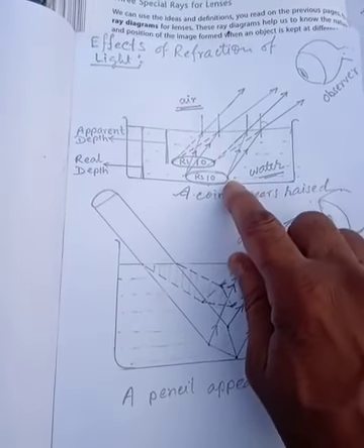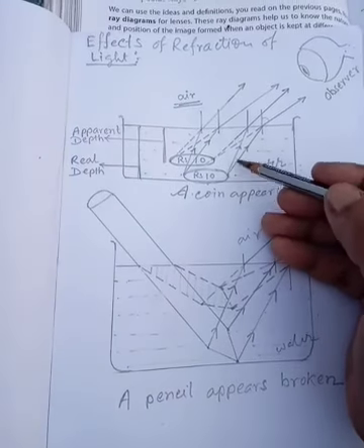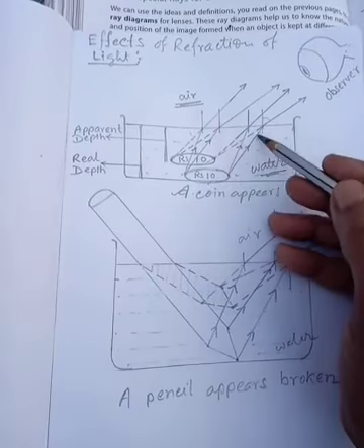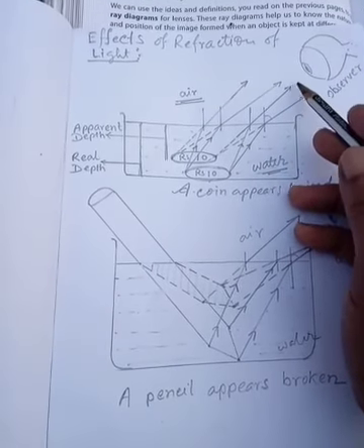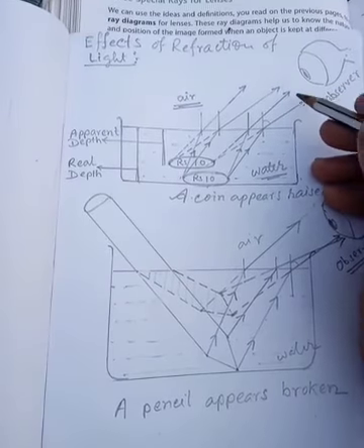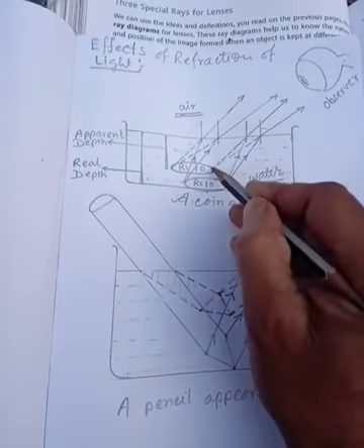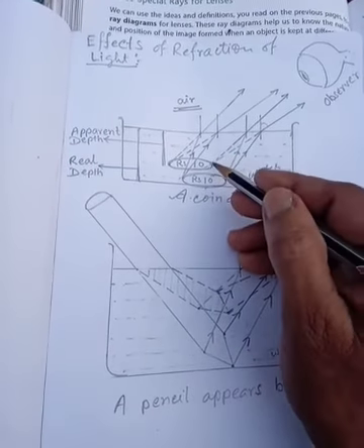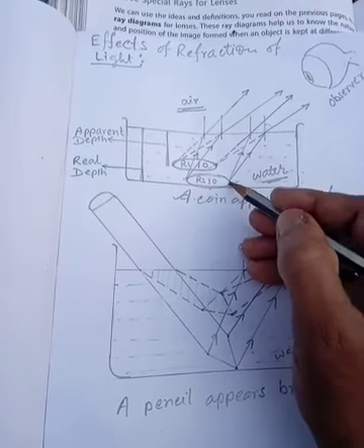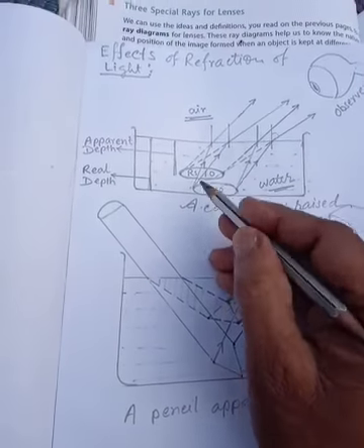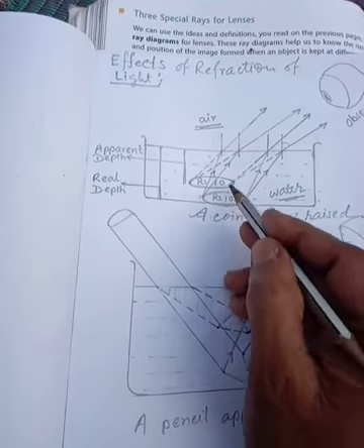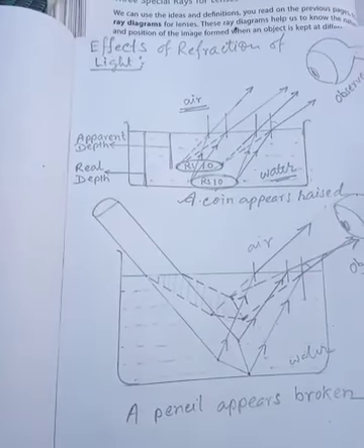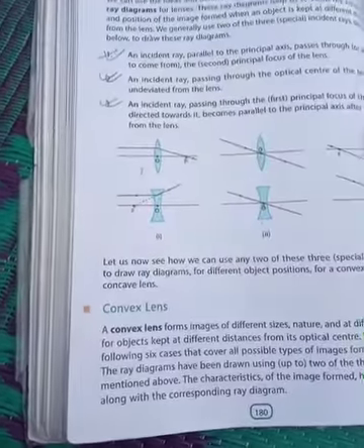So for that, see, I have located the image of this point. For this I have taken two rays. Where these two refracted rays meet, there I shall get the image. So this has gone in this way, and they are diverging out. They will not meet along this way, but they can be converged if we produce them backward. If I draw virtual rays, then they can be converged. That meeting point gives the image of this point. This is the original point, this is the image. For every point we shall get an image, and as a whole we can get the image of the object. So wherever two rays meet, we get an image of that point.